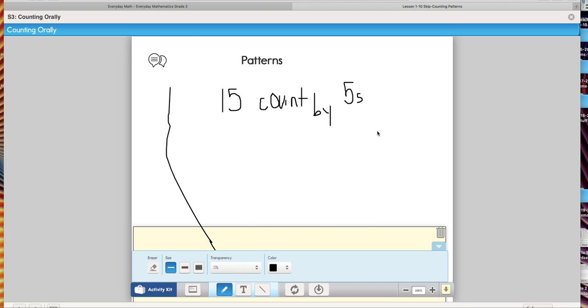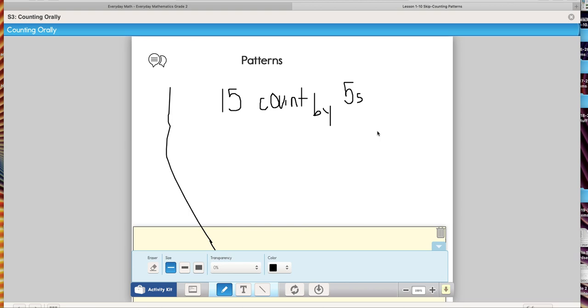But we're not going to start at 5. We're going to start with 15. So we're going to skip the part where we go 5, 10. We're going to start at 15. Ready? Here we go. 3, 2, 1, go. 15, 20, 25, 30, 35, 40, 45, 50, 55, 60, 65, 70, 75, 80, 85, 90,